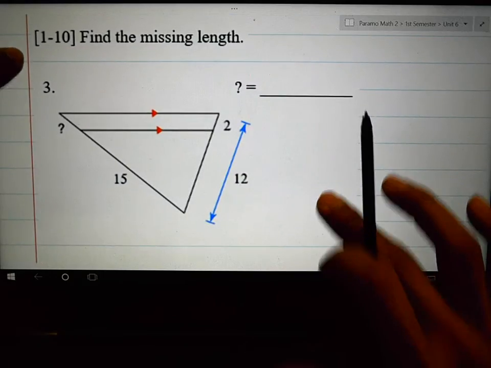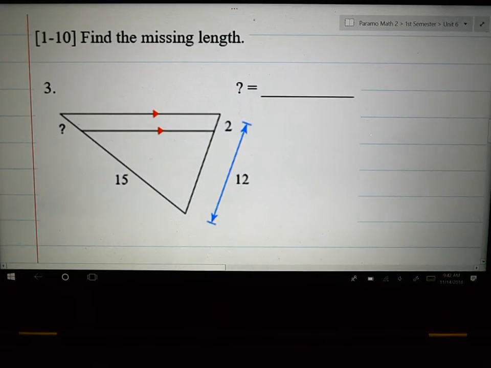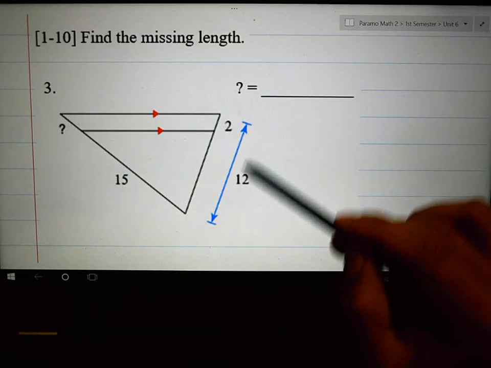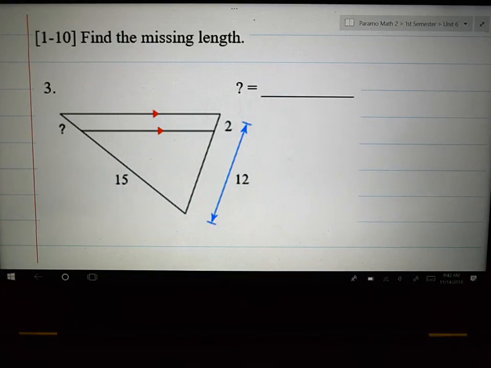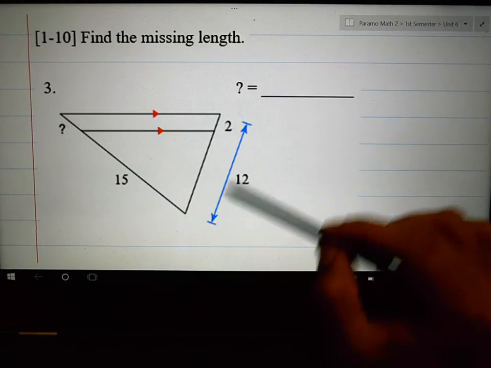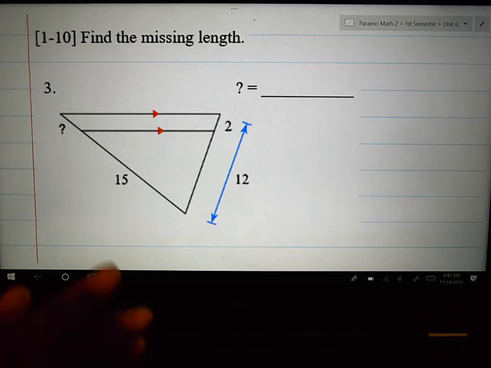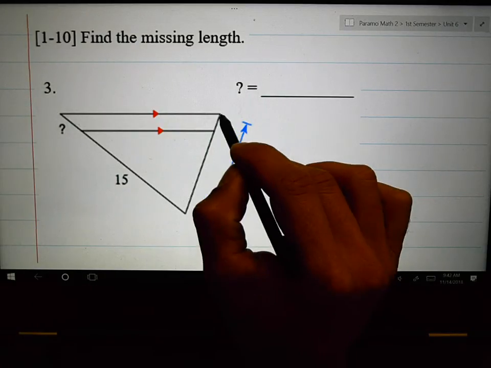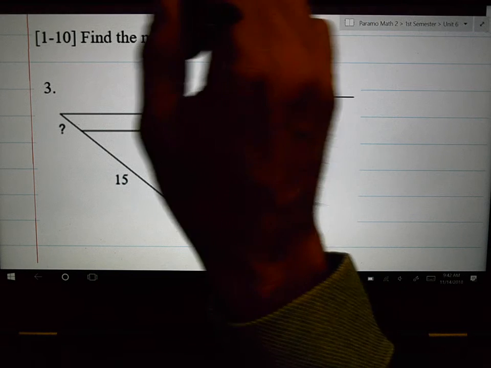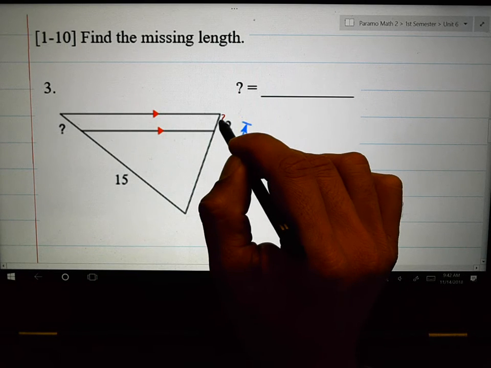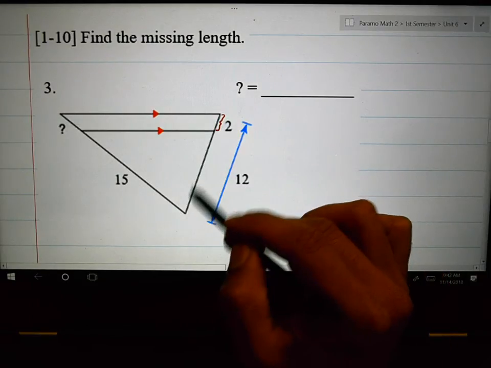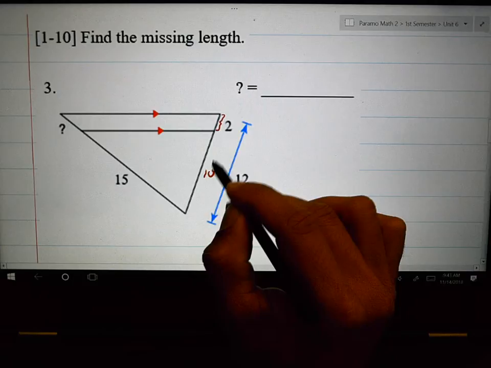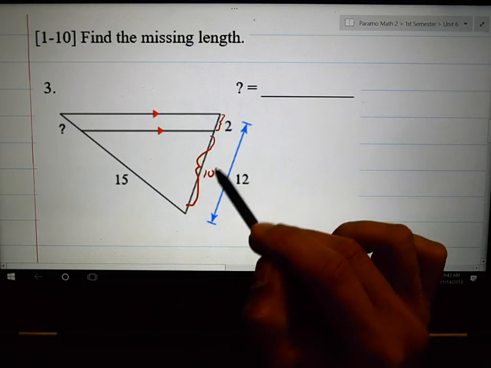Here's number 3 on your worksheet. Find the missing side length. They are trying to trick you on number 3 because they gave you this full distance 12. You are not going to use the full distance 12. You will use it. But if I want to know, and I know that this is, let's go over here, grab my pen. This distance is 2, and the full distance is 12. How long is this piece right here? This side. So since that is 10,